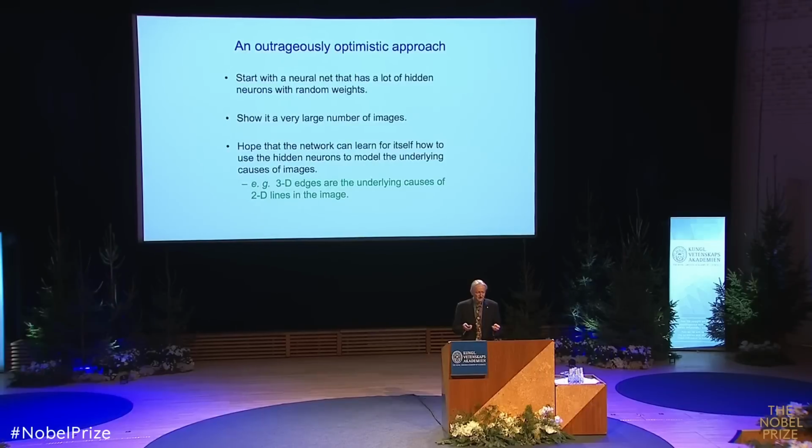And then you just show it lots of images. And we're hoping for something that seems ridiculous, which is that on perceiving lots of real images, it will create all the connections between the hidden units and between the hidden units and the visible units. It'll weight those connections correctly so that it comes up with sensible interpretations of images in terms of causes like 3D edges that join at right angles. That sounds very optimistic. And you might have thought that the learning algorithm to do that would be very complicated. The amazing thing about Boltzmann machines is there's a very simple learning algorithm that will do that.